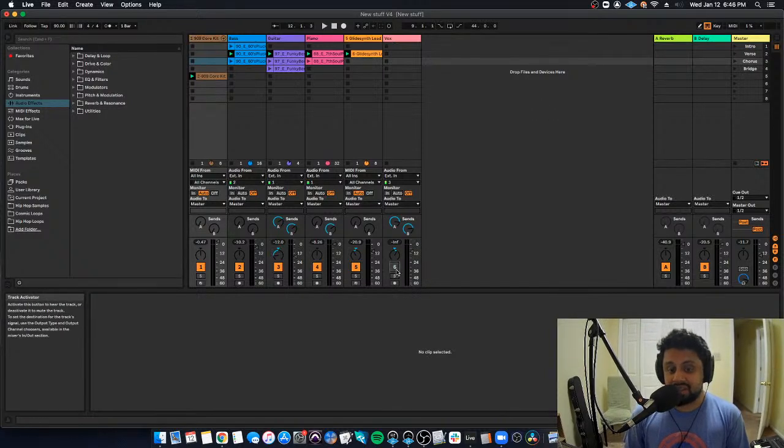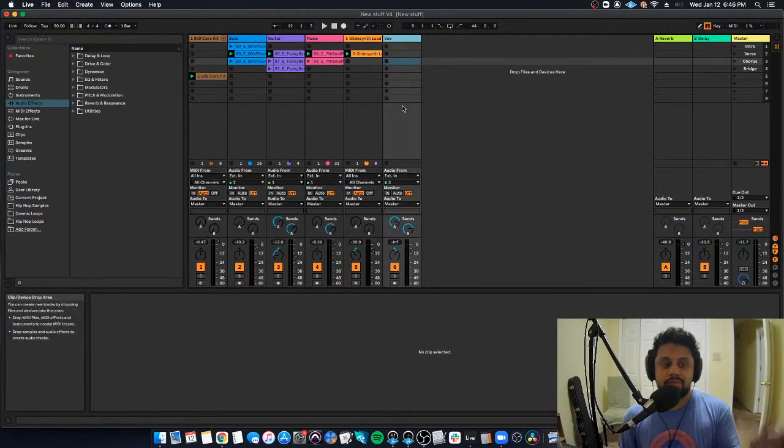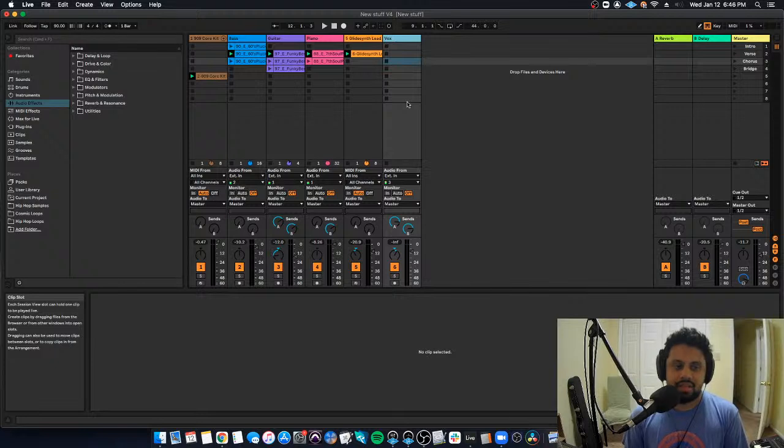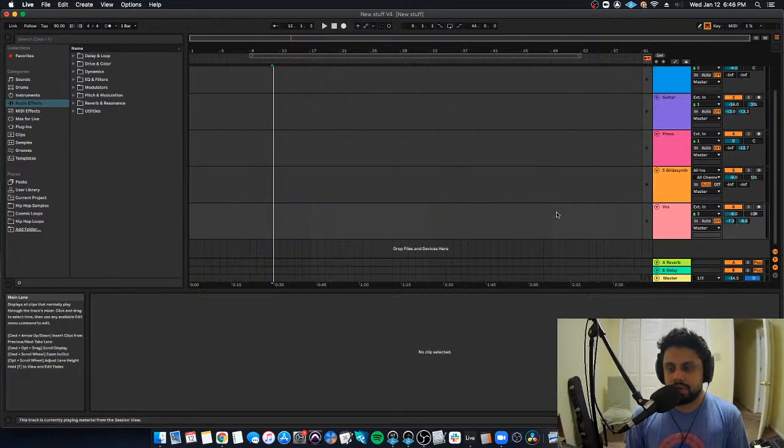And that's why a lot of people, especially sound designers, are moving over to Ableton. Especially game audio, game sound designers, they're falling in love with Ableton. It's fantastic. So just a really quick review of